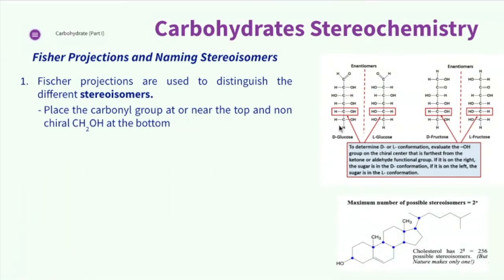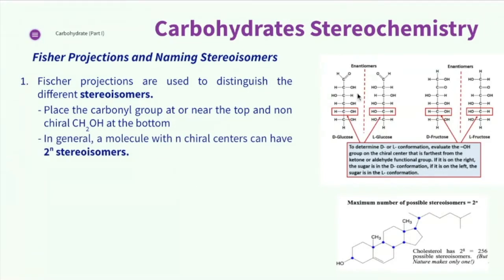So the backbone is made up of the chiral carbons. So for this glucose, it has 6 carbons. 1, 2, 3, 4, 5, 6. Okay, so the carbonyl is placed at the top and then the non-chiral CH2OH is placed at the bottom. So this is what we call a Fisher projection drawing. Okay, so it gives us information on the type of carbonyl group, whether it is aldehyde or ketone, that we will learn after this, and also the number of carbons that make up the backbone of the